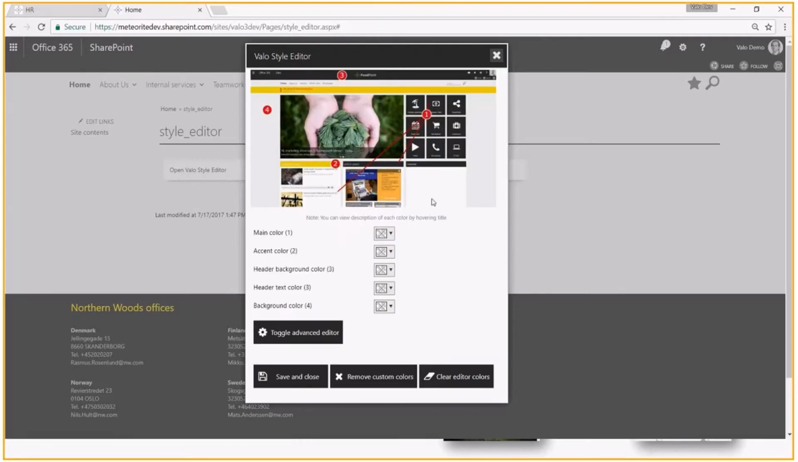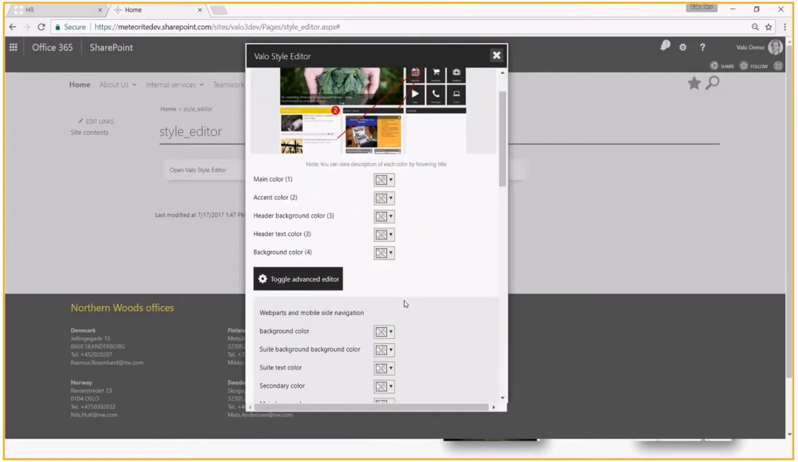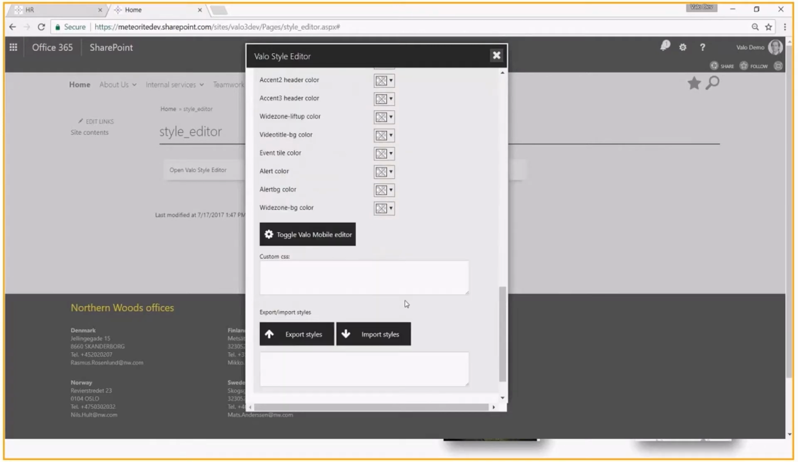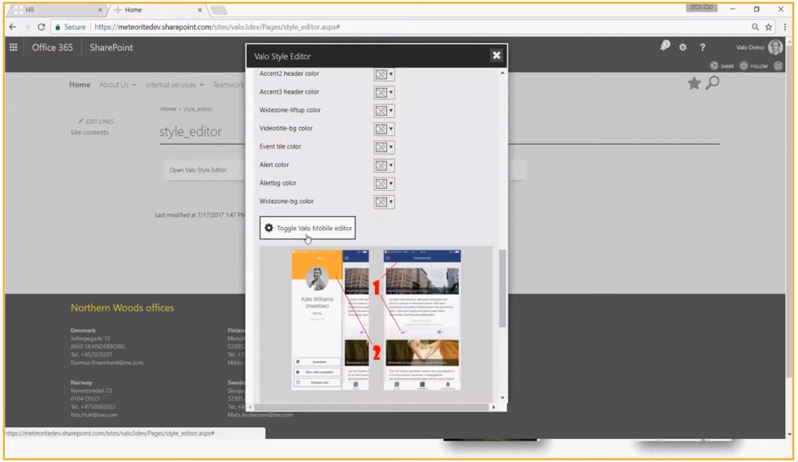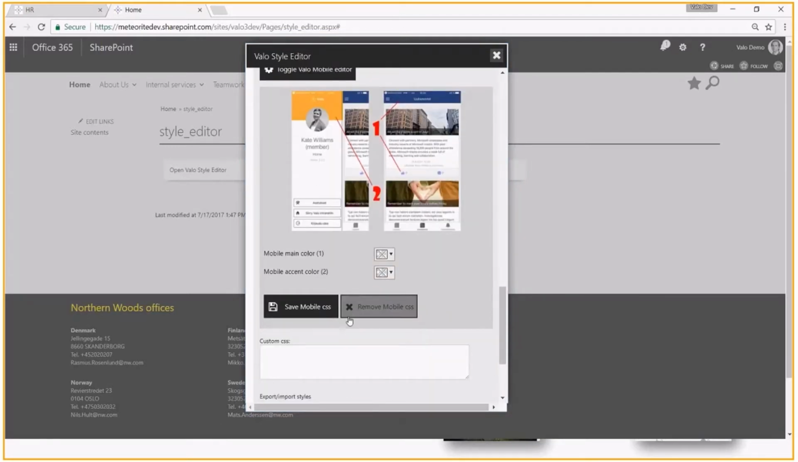So here when I open it, the rest of it is as before, but by clicking on the toggle advanced editor and then scrolling below, here's a new section, Valo Mobile Editor. So this is a place where you define those two colors, the number one color, and actually it affects not only the blue top bar but also a couple of icons or symbols elsewhere in the UI. So you modify the main color and what we call the accent color, and then you save the mobile